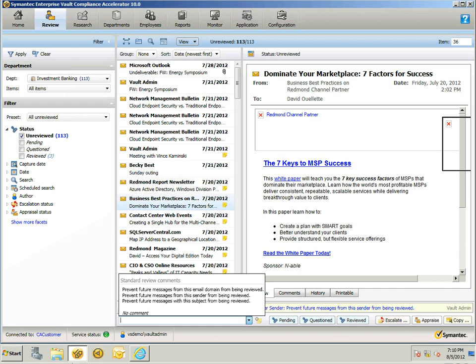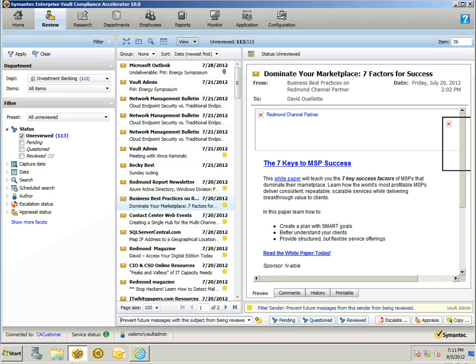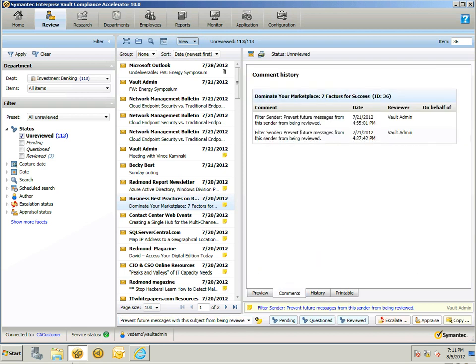And if they have the ability to see them, then they'll see, for example, that there's a message here that says prevent future messages with this subject from being reviewed. They can also prevent messages with the sender or from this email domain from being reviewed. So I'll select prevent future messages with this subject from being reviewed. And then that gets added as a comment. So if I click on comments here, I'll see that in fact this comment has been added to